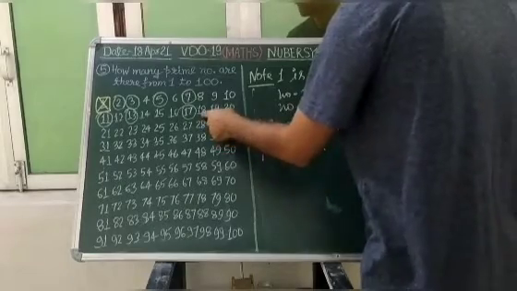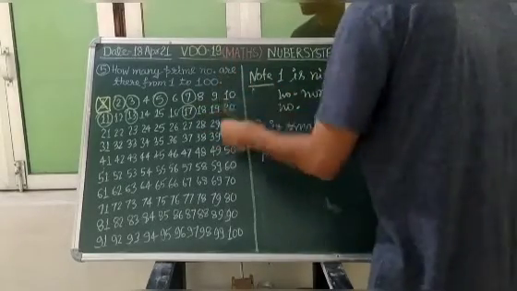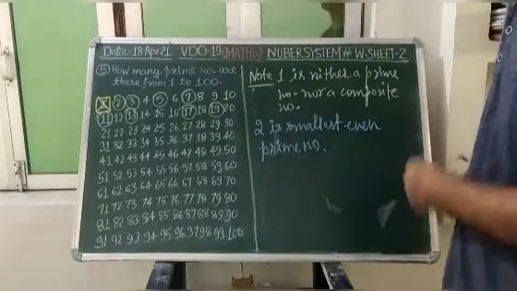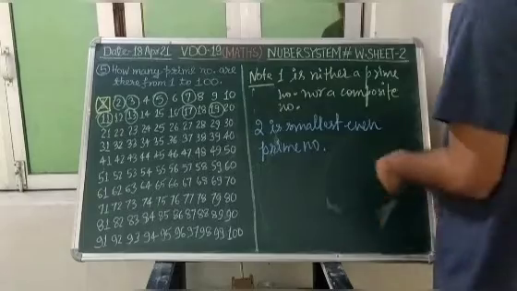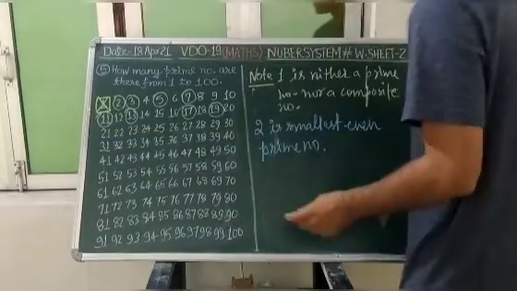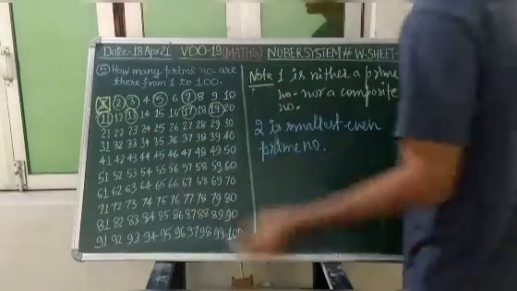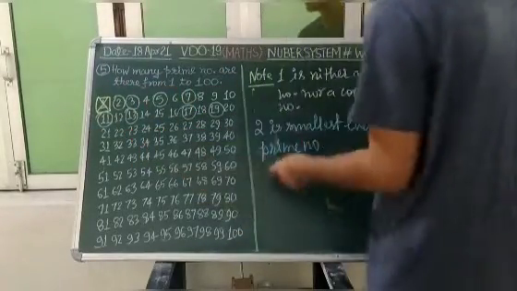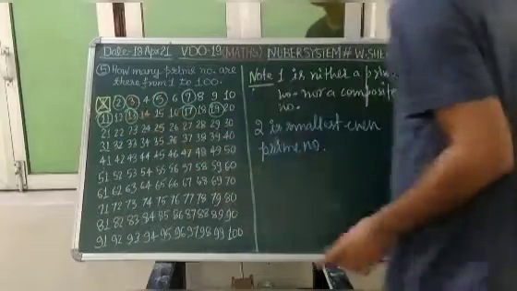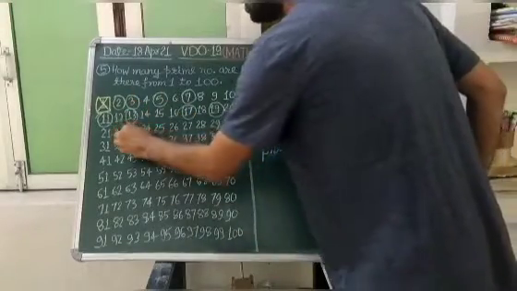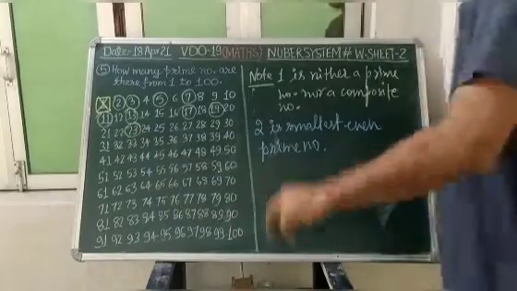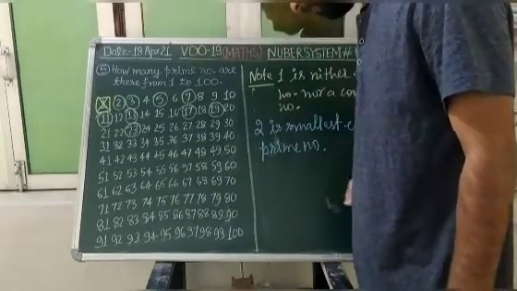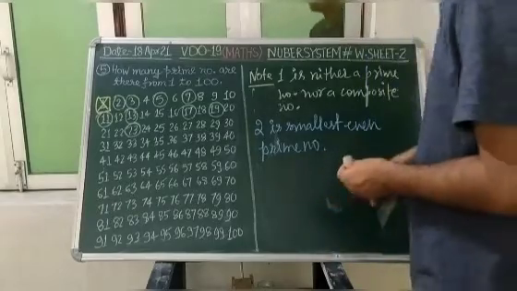18, 2 will divide. 19, when you are selecting, you will look that it will be only divisible by 1 and itself. 21, along with 1 and itself, 3 is going to divide this 21, so not a prime number. 22, when you are looking, that 11 will divide it, so it's not a prime number. 23, when you are selecting, it will go by 1 and itself only, so 23 will be your prime number.